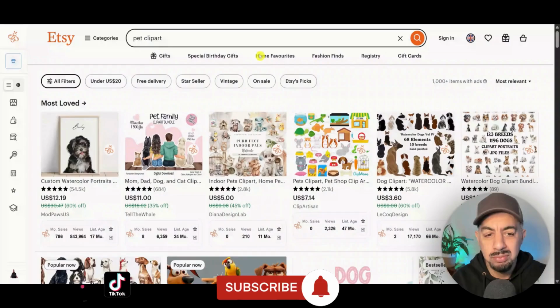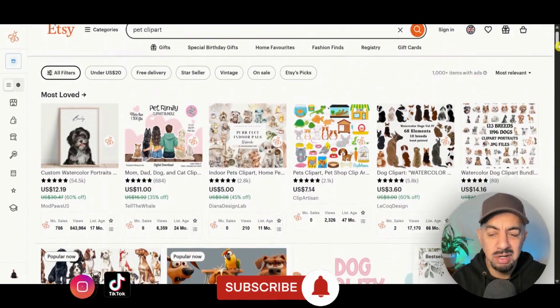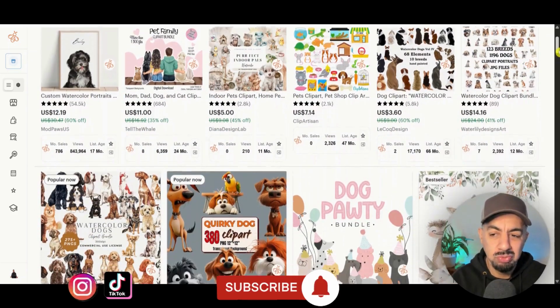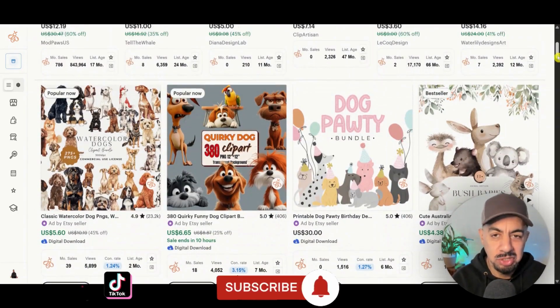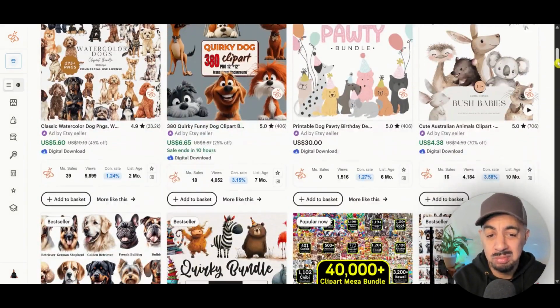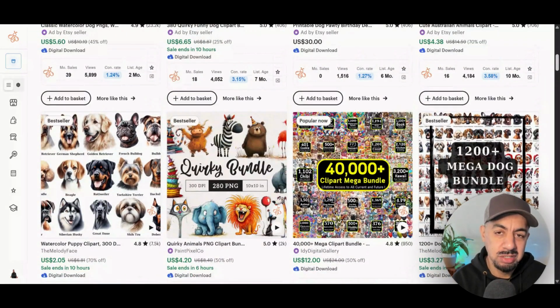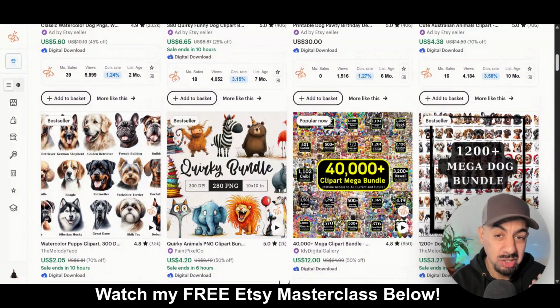So check this out. Yes, I'm on Etsy right now, as you can see, and I've identified a really good niche, and it's the pet clipart niche. Pets are really popular. People really like to buy images of pets, dogs, cats, and they sell really well in many different niches, to be honest. So I scan the pages to see what sells really well, what makes money, and what's going to be making money hopefully in the future, something that's in demand, that has low competition,